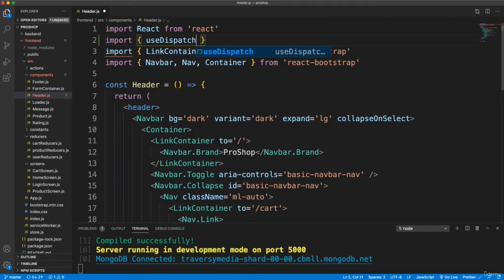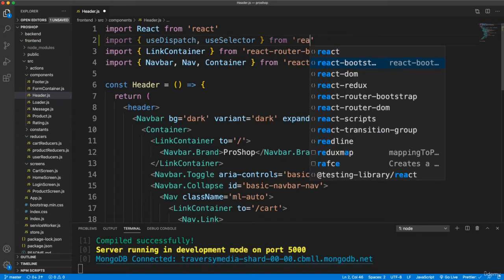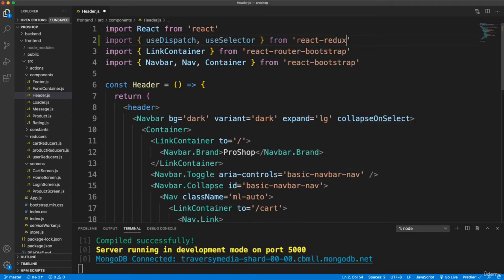Use dispatch, or I should say if you want to bring something in from the state, then it's use dispatch. If you want to call an action, then it's, I'm sorry, it's the opposite. If you want to call an action, it's use dispatch. If you want to bring something in, then it's use selector. But in this case, we want to do both because we want the login action and we want the user login state. So that's going to be from React Redux, and then